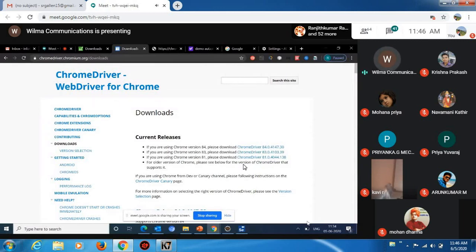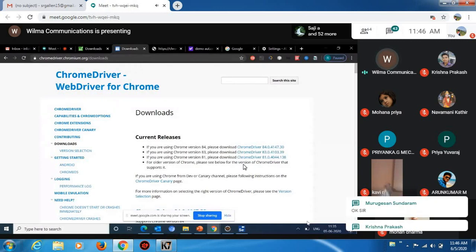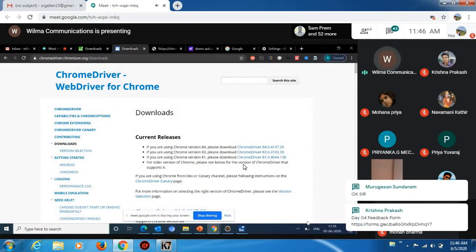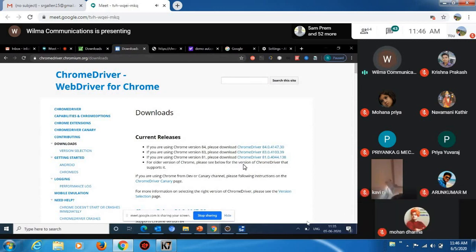The third one will be, you have to download and install the testing framework. There are two different testing frameworks we can implement with the help of Selenium. One is the JUnit framework, another one is the TestNG framework, where the JUnit framework is basically more important for unit level testing. For conducting functional testing, we will always prefer TestNG. We also have some other added advantages for going with the TestNG framework, which is a separate topic. Next, these two frameworks can be downloaded and installed inside Java Eclipse itself.